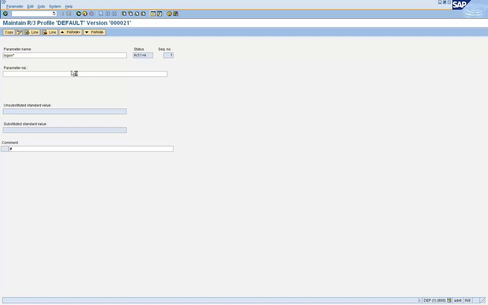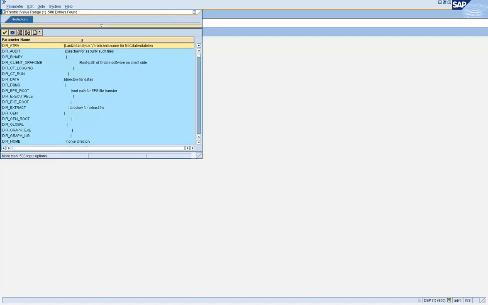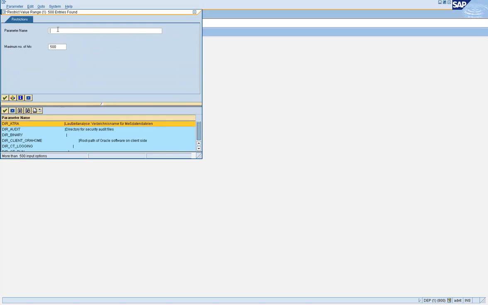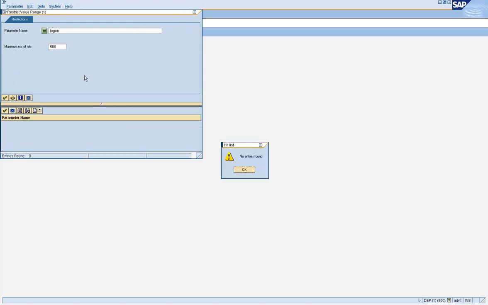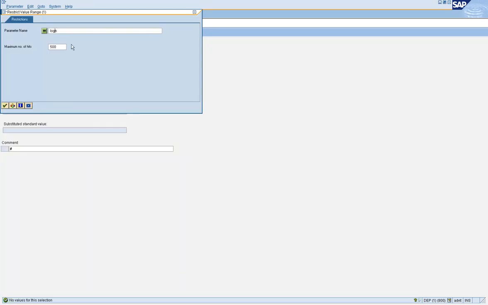Let's search for it. There's nothing, so this should be not logon, it should be login in that case.